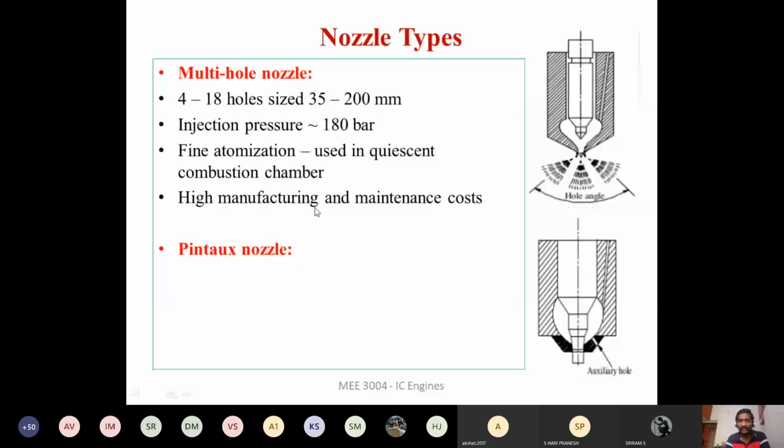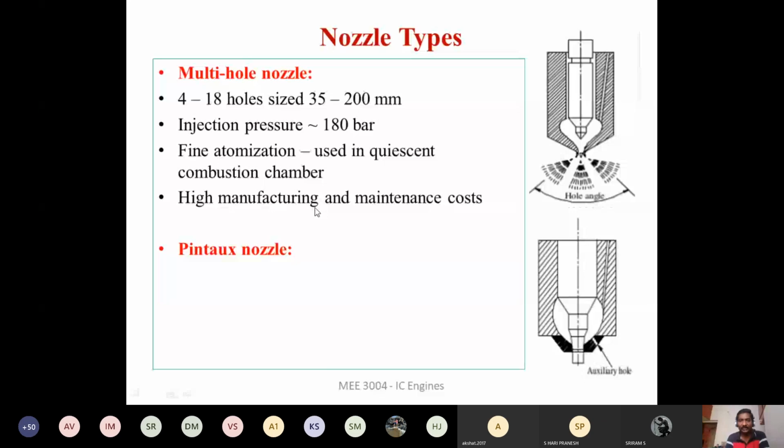In the case of the pintaux nozzle, we can provide an auxiliary orifice, right? So this auxiliary orifice will provide a small quantity of pilot fuel into the engine cylinder, and subsequently the main fuel will be supplied. Okay, so this is the advantage. The auxiliary hole provided in the pintaux type nozzle is an advantage when the engine is going to operate at